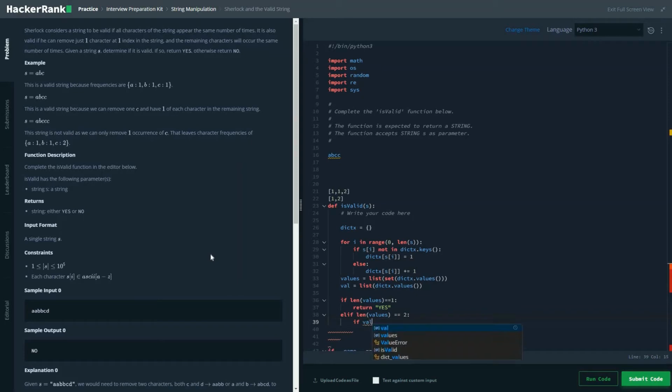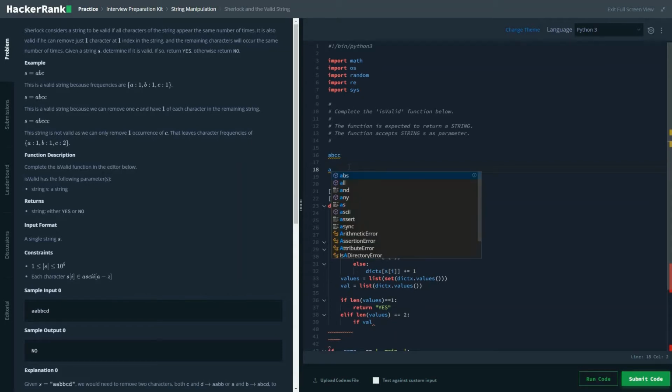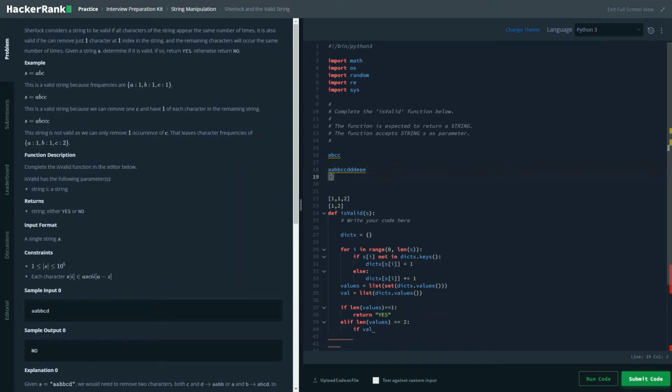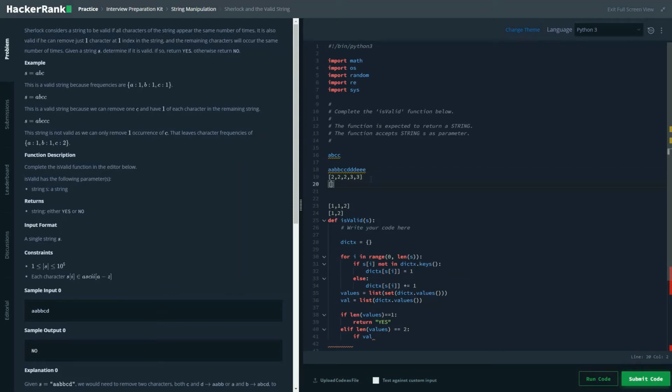So let's look at an example: A, B, B, C, C, D, D, D, E, E, E. Here A has occurred once, B has occurred twice, C has occurred twice, and D and E have occurred thrice. So the set of values would be 2, 3.